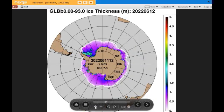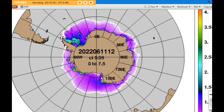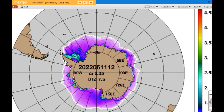Here's the Antarctic sea ice thickness. This is for today. And as it's regrowing around the continent, it's filling out more on this western side and southern edge. It's thickening, moving into the dark purple and blue here in the Ross Sea. And then a little more ice growth extent-wise. And here over the Weddell Sea, this is where we saw